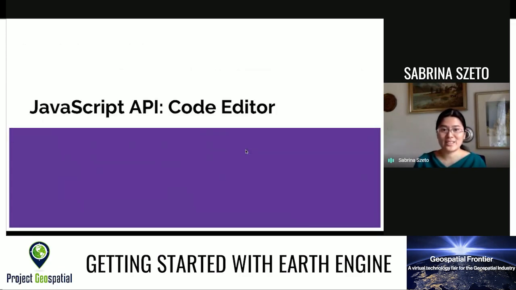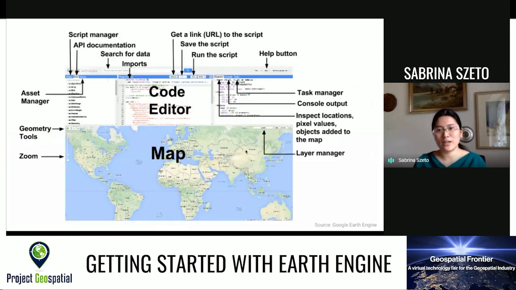So the JavaScript API is probably the one that most people are familiar with. And it's also really popular because you're able to access Earth Engine in your browser without downloading anything. All you have to do is go to a certain link, log in, and then you can start doing your analysis. So this is the basic layout of the code editor. And I will point out some important areas here, and then we can take a look at the actual code